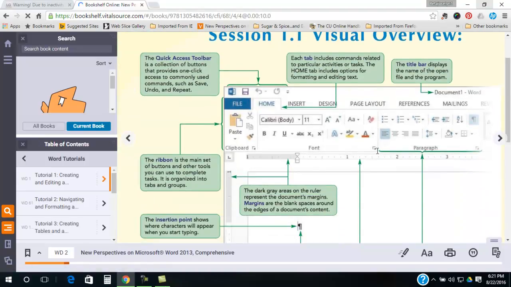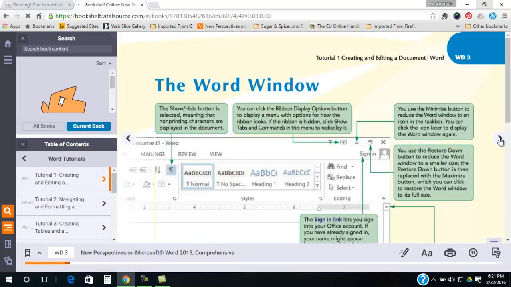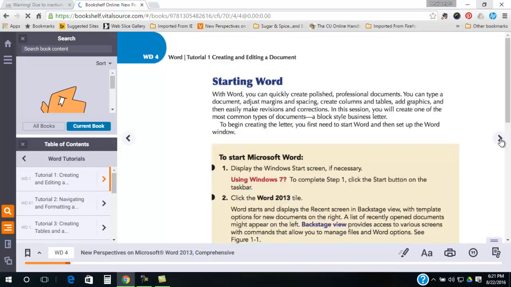There's a session visual overview that tells you the parts of the window here. Be sure you don't skip these. Sometimes these pages give you a screenshot of what your finished document should look like. You have a lot of definitions, where things are located. Don't skip it. So starting where it says click the Word 2013